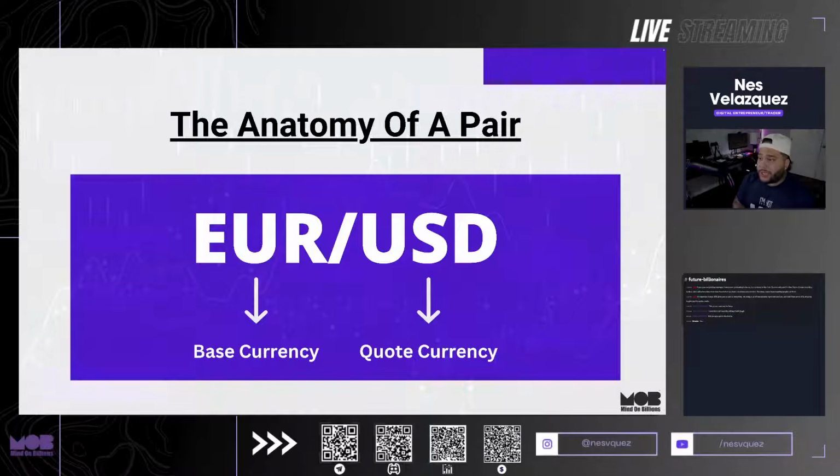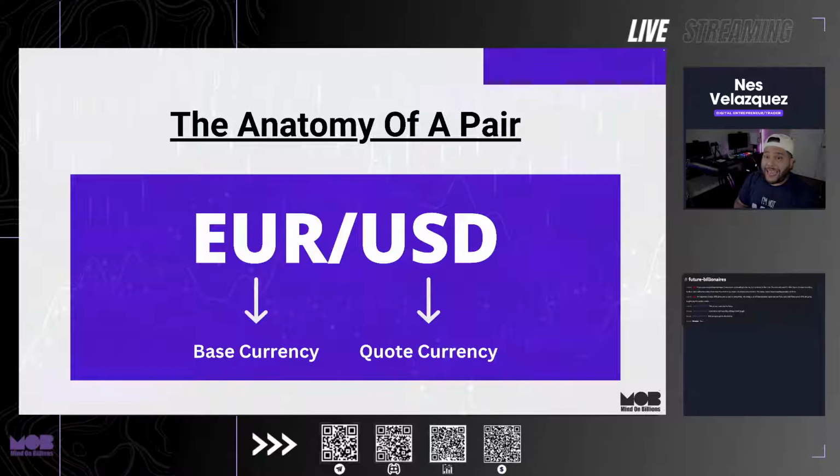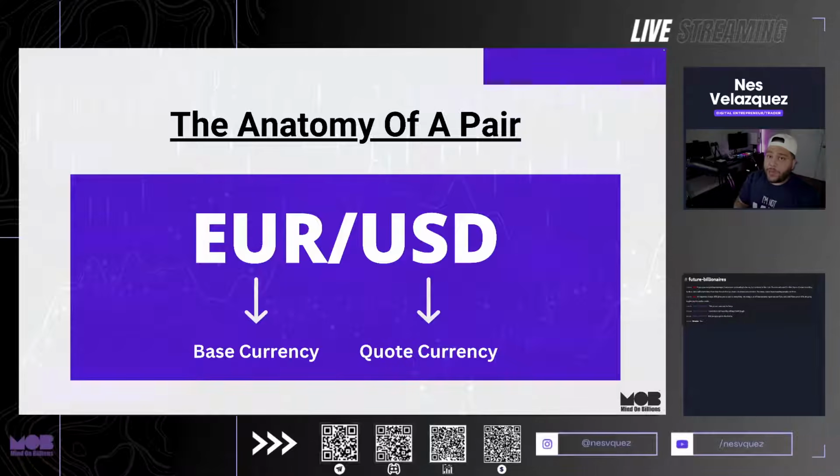Now, when we are looking in the Forex market at these charts and we start to see these investment assets, the symbol or asset, whatever you call it, securities, whatever it is you are looking to trade, when you're trading a Forex pair, this is the anatomy of the pair. Essentially you're pitting one currency against another. So you're buying and selling at the same time. You're buying one currency while shorting the other at the same time.